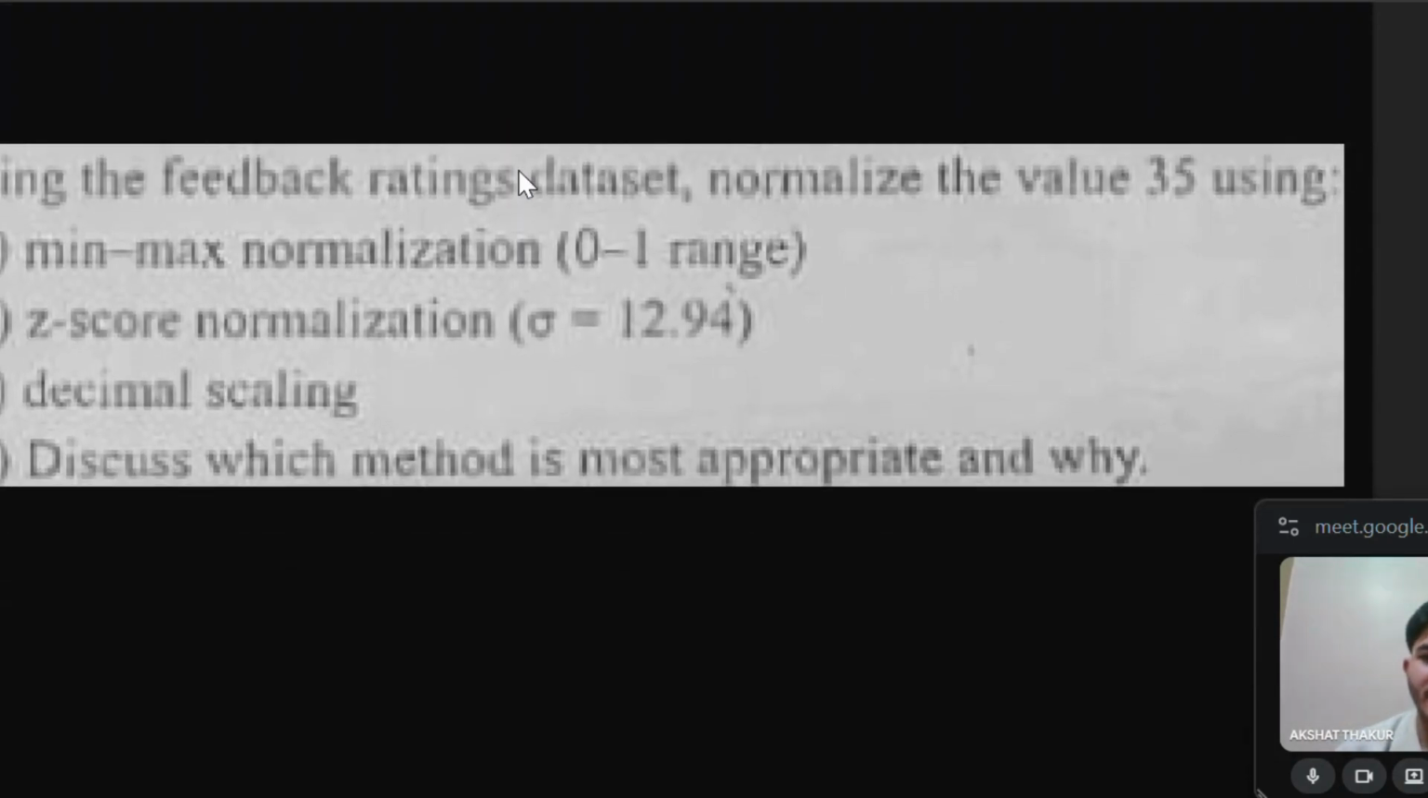Okay, 15th: using the feedback rating dataset, normalize the values using